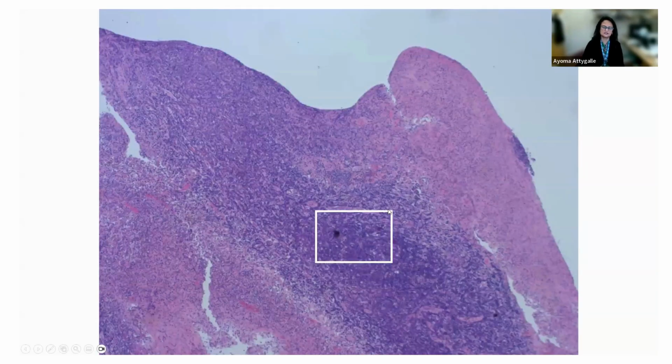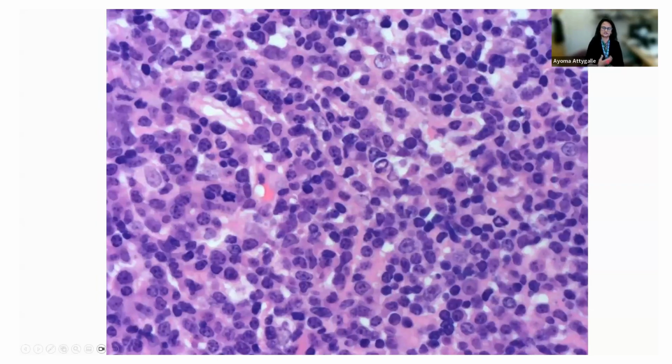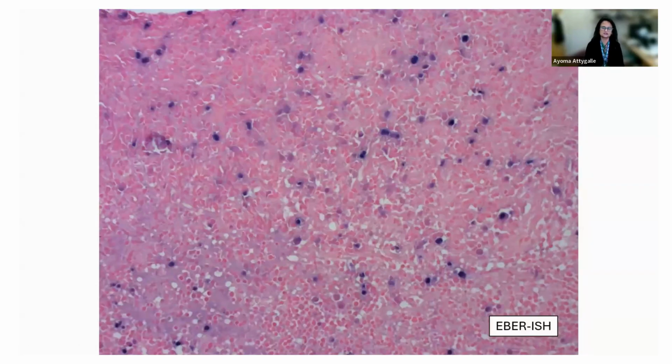And in an area like this, deeper, there are still similar cells. It's just that you're not seeing the ulcer slough and maybe fewer histiocytes, so it's less pink. But here you're seeing this clock-face chromatin of the mature plasma cells, and you're seeing the spectrum of larger cells, as well as a lot of background T cells. So here again, in the area where there's the ulcer slough, you're seeing the EBV positive cells of